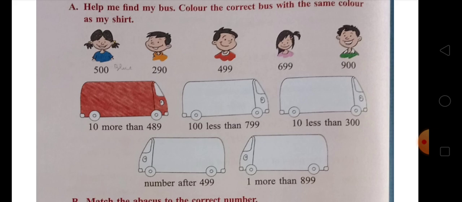And after that, number after 499, what comes after 499, that is 500, so you have to color the fourth bus blue. यानी कि आप फोर्थ बस को ब्लू कलर से कलर करेंगे, क्योंकि नंबर आफ्टर 499, 500 कम्स आफ्टर 499, इसलिए 500 वाले चाइल्ड ने ब्लू कलर का शर्ट पहना है। एंड लास्ट वाला बस 1 more than 899, that will be 900, और 900 वाला स्टूडेंट ग्रीन कलर का शर्ट पहना है, इसलिए लास्ट वाला बस ग्रीन कलर से।